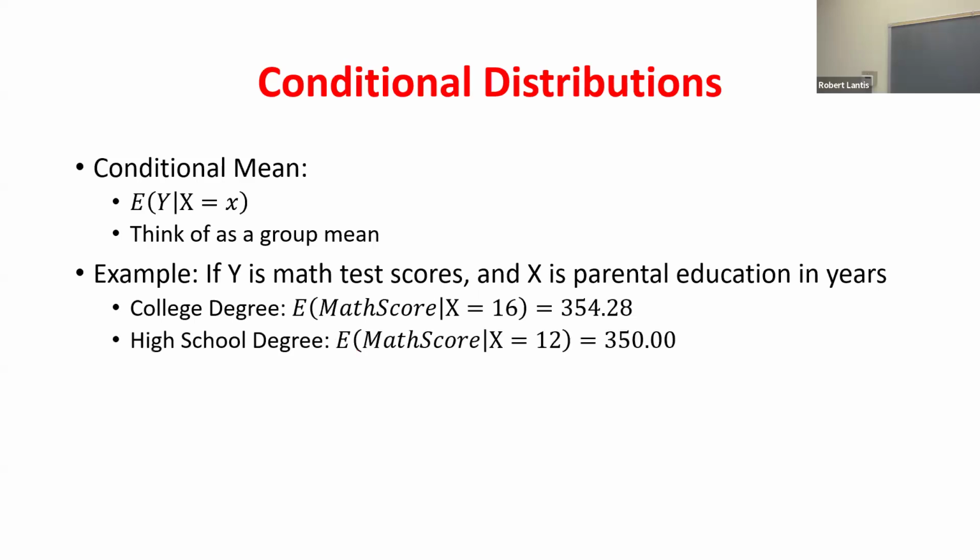So if I look at the actual data, sure enough, there were some other decimals, but we're going to round to the second. For those who only had a high school degree, 12 years of education, the math scores were a little bit lower than for those students whose parents had a little bit higher education. So we can start to tease these things out of the data, and we'll go through this next week.